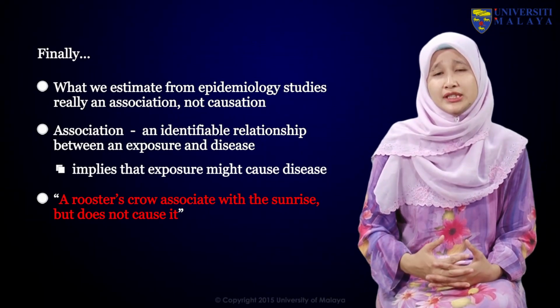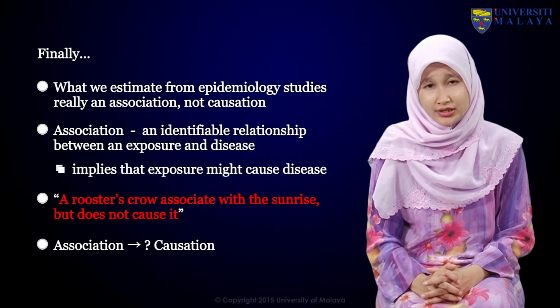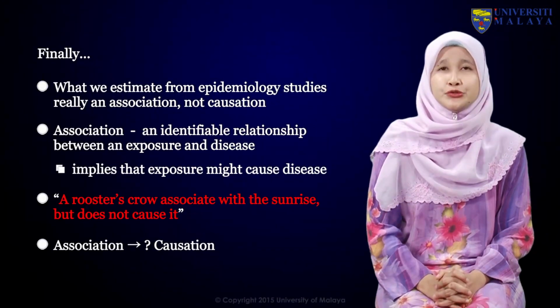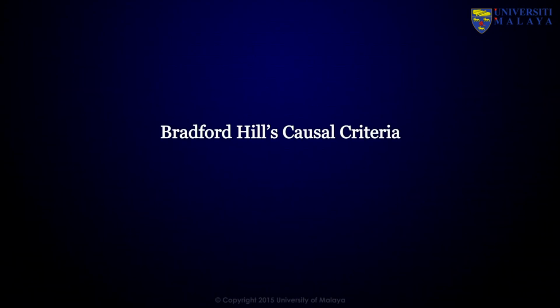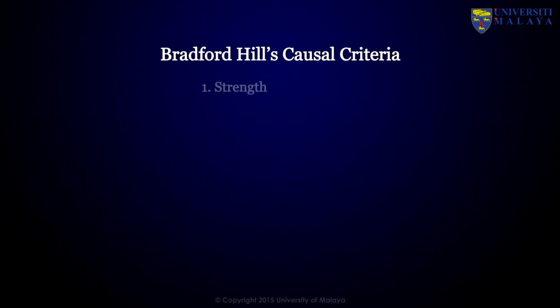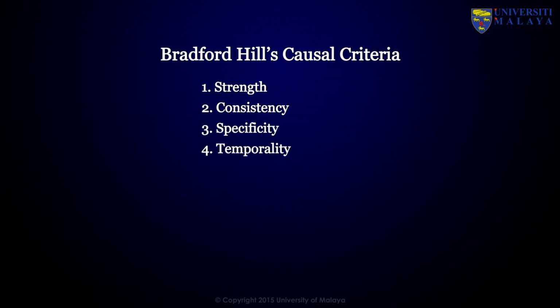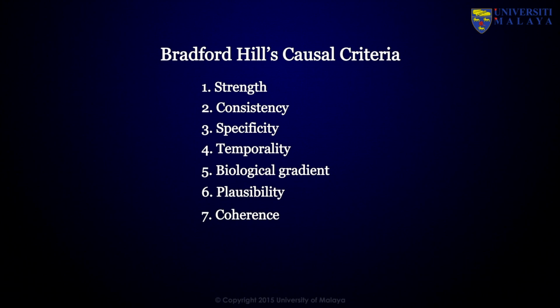So how do we determine whether an association is a causation? One set of criteria that we can use to identify whether an association is a causal factor is the Bradford-Hill criteria. There are 9 criteria under this analogy. Number 1 is strength. Number 2, consistency. Number 3, specificity. Number 4, temporality. Number 5, biological gradient. Number 6, plausibility. Number 7, coherence. Number 8, experimental evidence. And number 9,